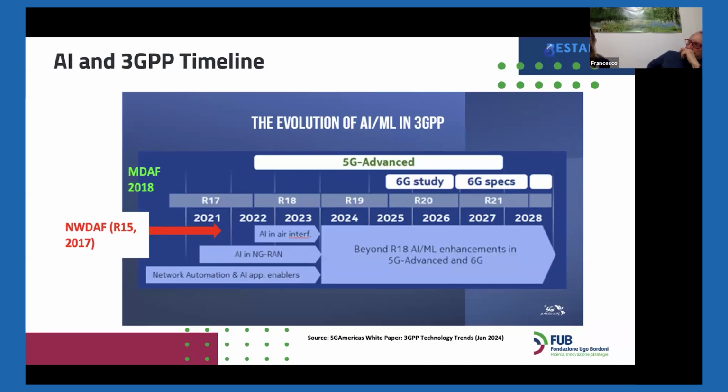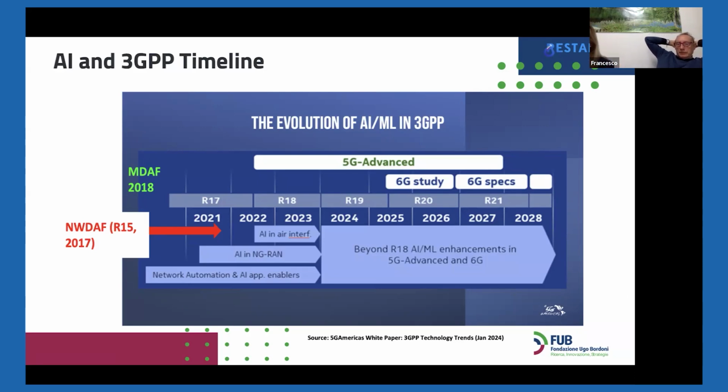Automation was at that time the main topic. Until release 16, the focus of 3GPP was mainly on the 5G core. NWDAF and MDAF were introduced at the time, but the focus was on the core, and so the kind of data that NWDAF handles in the core, in the control plane, the service-based architecture, the kind of analytics that NWDAF can handle